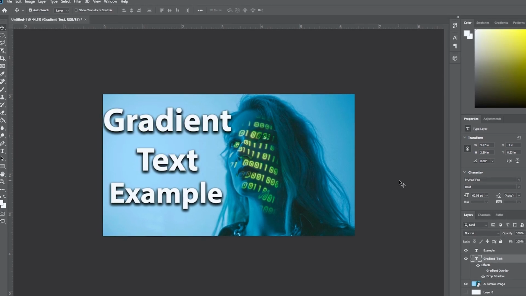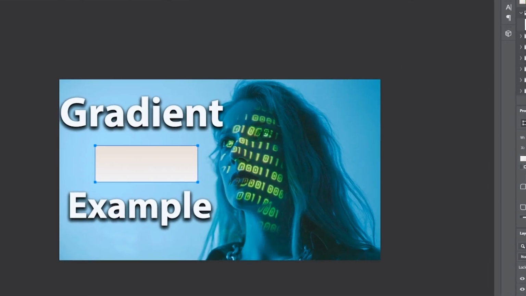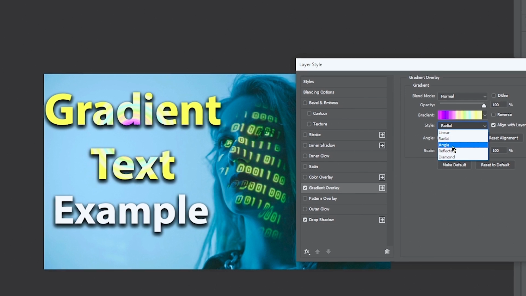In today's tutorial, I'm going to show you how to create a grain text, image, picture, or photo effect in